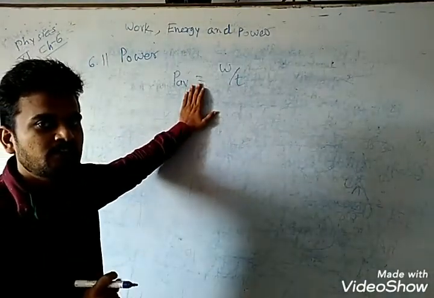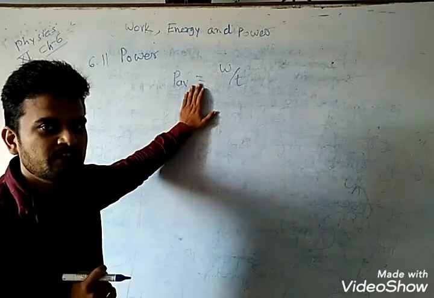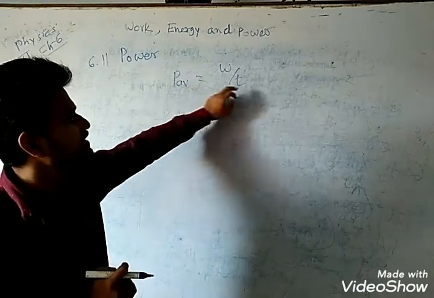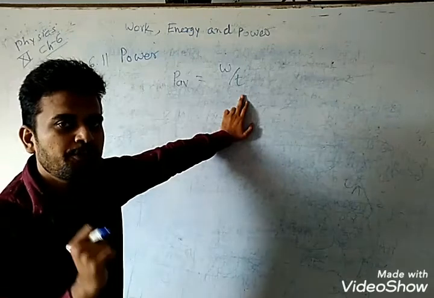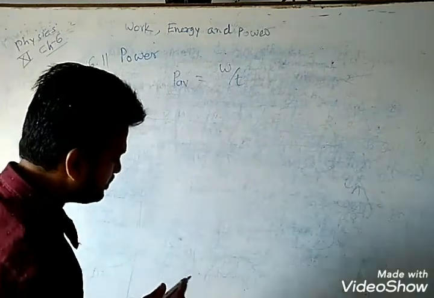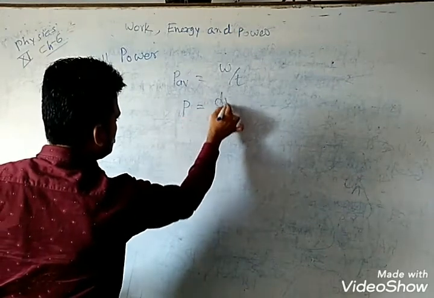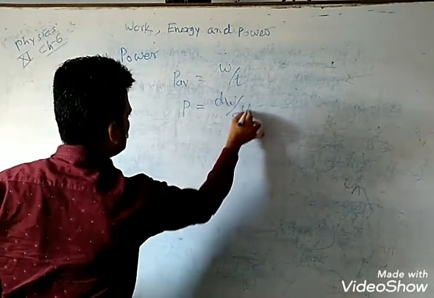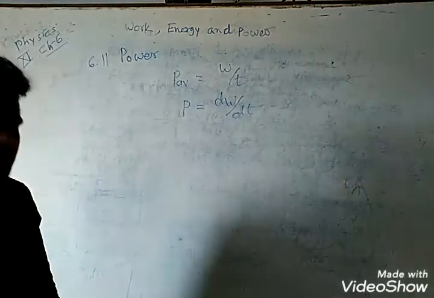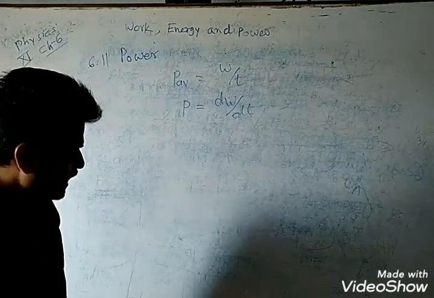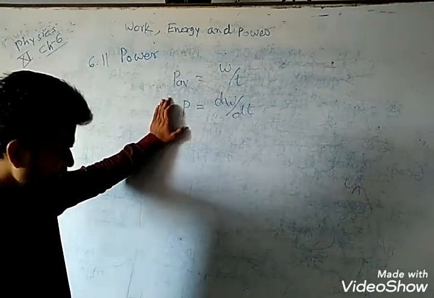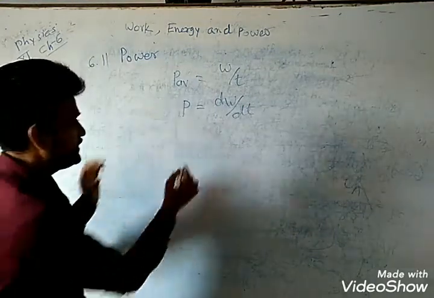But instantaneous power is the power at a point of time. So here P is equal to dW by dt. Now the work done in this case,